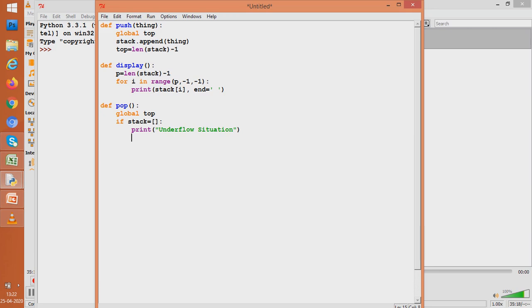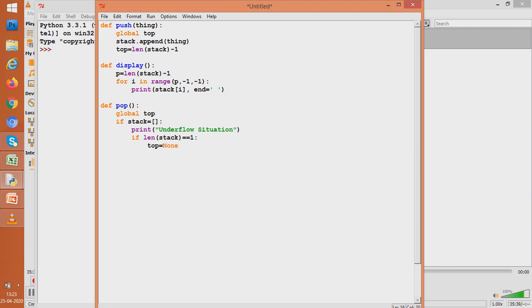So how would we do that? We'll write if only one element is there in the stack, that is, it is the last element in the stack, then we will put top back to None.